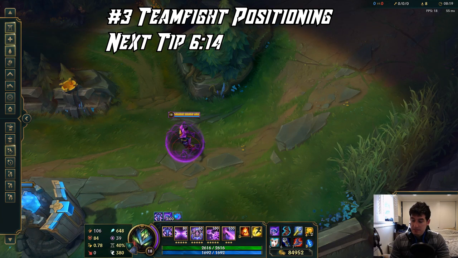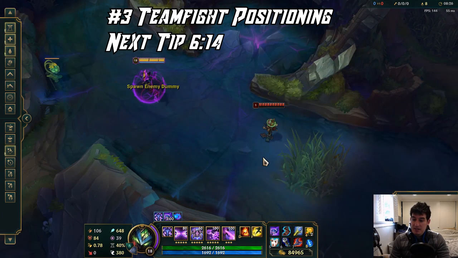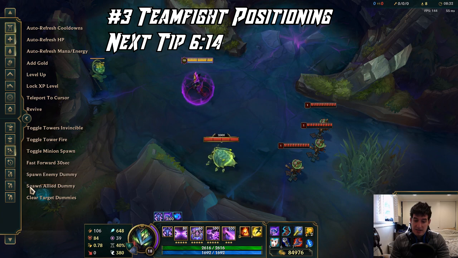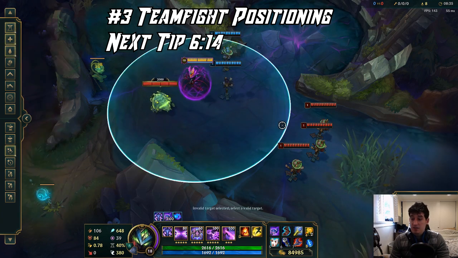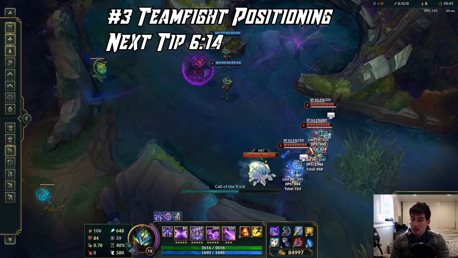Okay, and for tip number 3, I want to talk a little bit about positioning when you are fighting with Malzahar, because he's an immobile champion but has a crap ton of damage. How you want to look to play out team fights or skirmishes, you want to stay pretty much at your max Q range when you are generally looking